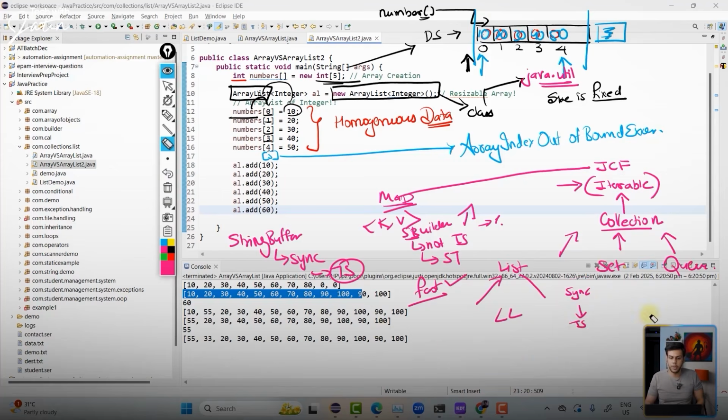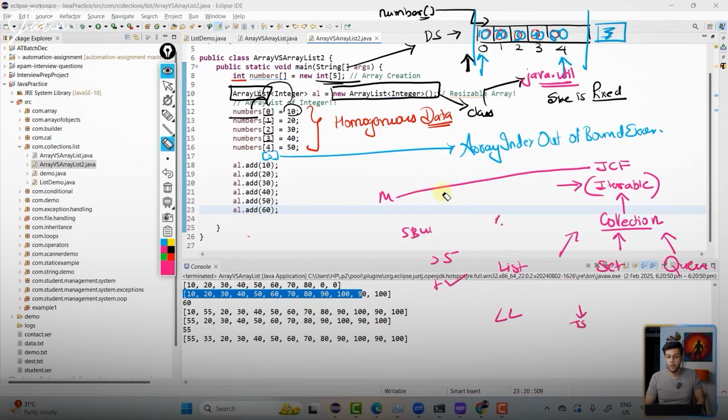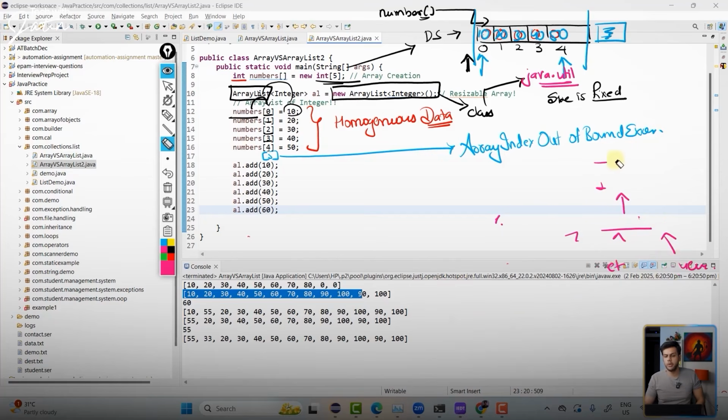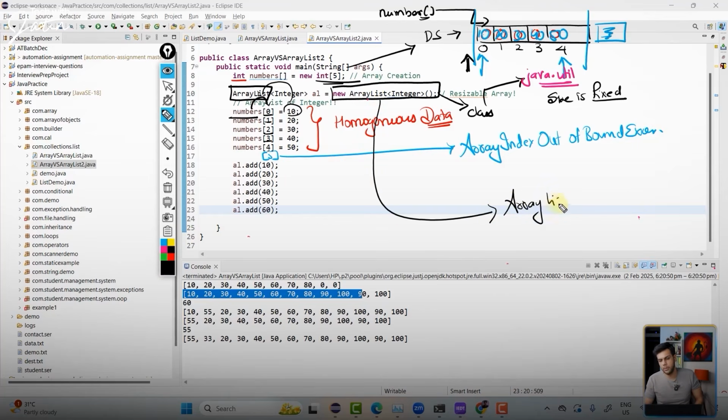Let me just quickly rub this particular board, guys. Now we'll try to look at different methods which are there. When we are talking about ArrayList now, the definition of ArrayList is, it is a list. We know that. But there is one more thing about ArrayList that you should be aware of: ArrayList is a resizable array. Is ArrayList going to store the data in continuous fashion?